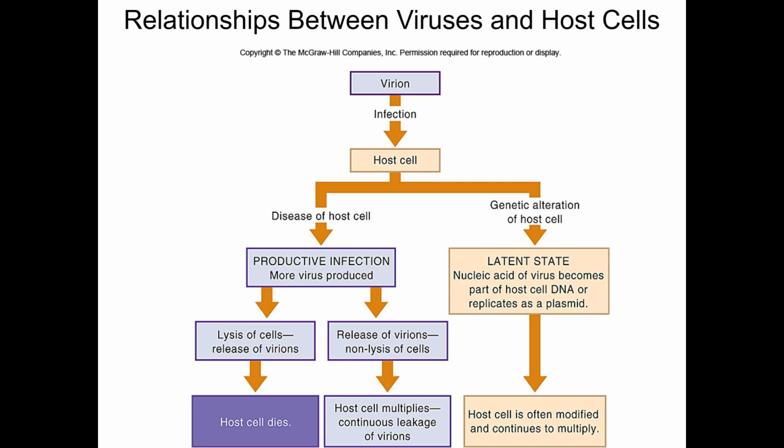Okay, so any questions about the basic characteristics here, spikes, shapes, whatever? Okay, because now we're going to start transitioning into the replication cycles. Okay, so what is the relationship between virus and host cell? So one of two things may happen when you're infected by a virus. Okay, if you go down to the left, you may experience disease immediately. Okay, an active infection. Virus gets to work right away, making more viruses, killing your cell.